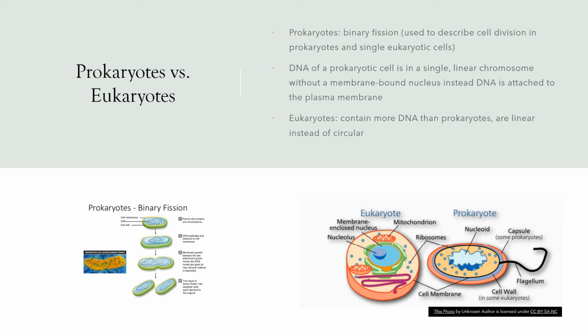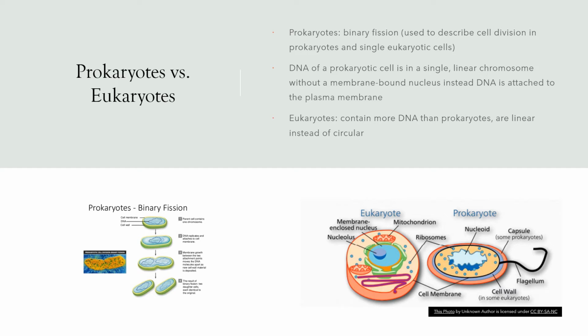Prokaryotes versus eukaryotes. This is very important, this lesson right here, because there are different ways in which DNA functions through prokaryotic cells versus eukaryotic cells, and I figured I would touch on this very briefly. Prokaryotes experience binary fission or prokaryotic fission, which is used to describe cell division in prokaryotes and single eukaryotic cells. DNA of a prokaryotic cell is in a single linear chromosome. As you can see right here,